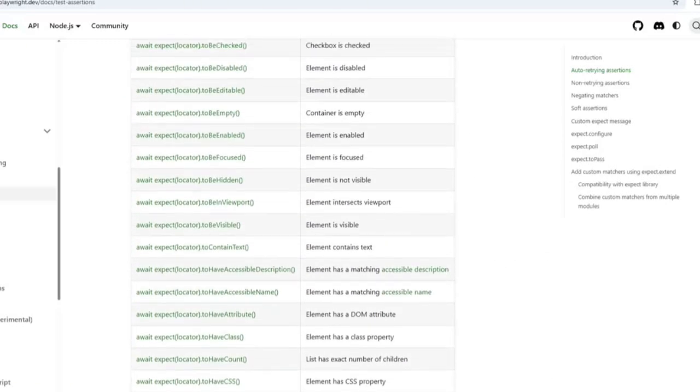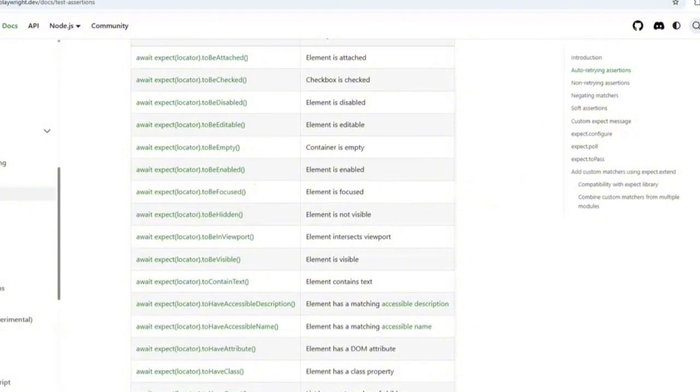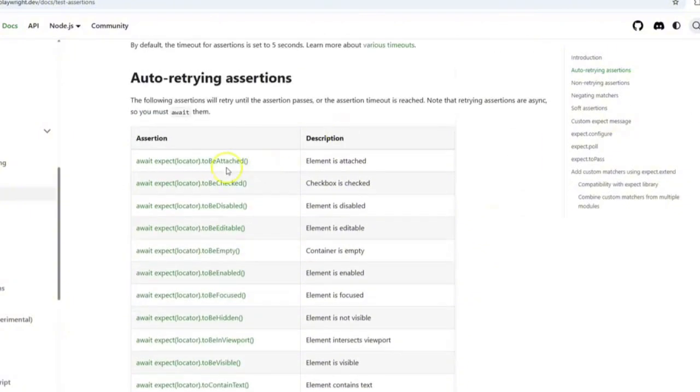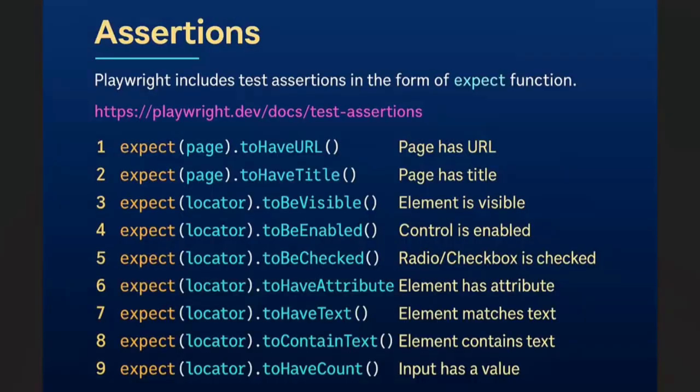One by one you can use them, and here is the description. I have selected a few assertions which are most frequently used in Playwright. So I will click here and you can see 1 to 9 I have selected, which are more frequently used in Playwright. And one more assertion I will